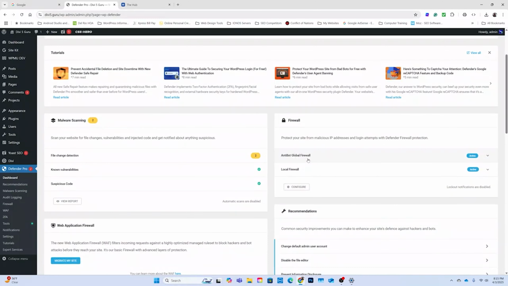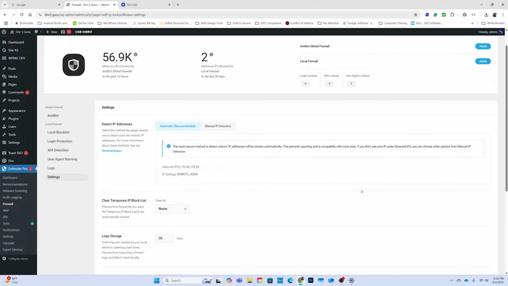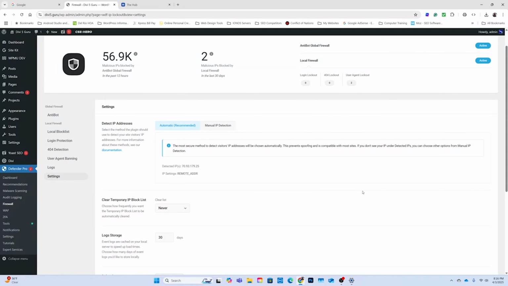We've got the anti-bot global firewall, the local firewall. To configure, we can just click right there. It's going to say malicious IPs blocked. This is a premium version feature, so it's going to give you many features, detect IP addresses